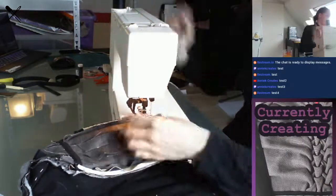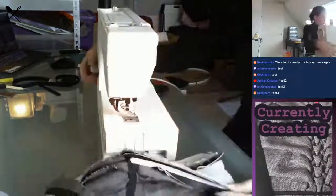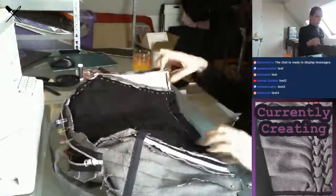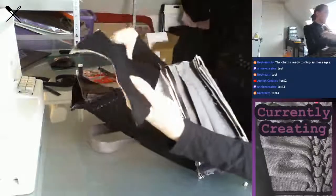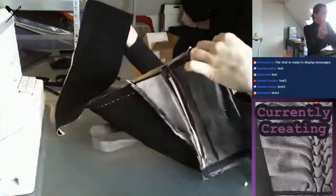Alright. I feel like that was faster than the first time. So now it's time to get working on the bottom, which then needs to fit in here. I have, of course, cut it already. And well, the expectation is that it will...